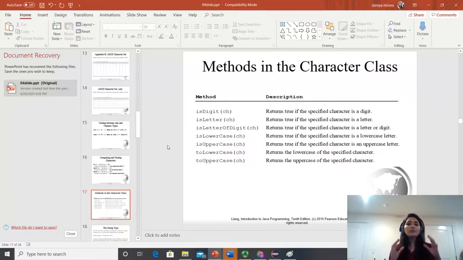You don't have to memorize them, but as a programmer, you should know whenever you are reading code or whenever a task is given to you that you can do this with a character because there is a method in the Character class. So if I have to take the first character out from that name, or I have to take the space out, you should know that there are methods. If you don't know those method names or that those methods exist, then it will be hard for you. You will spend half an hour on Google.